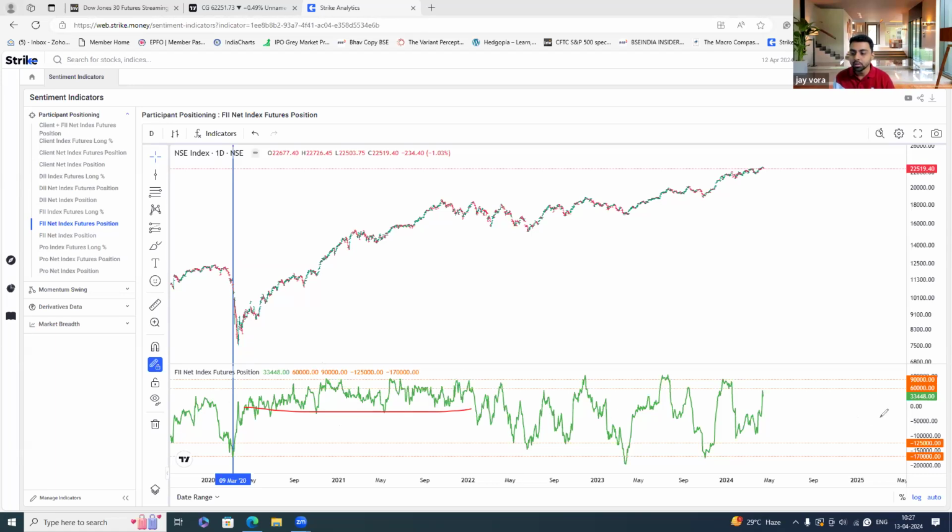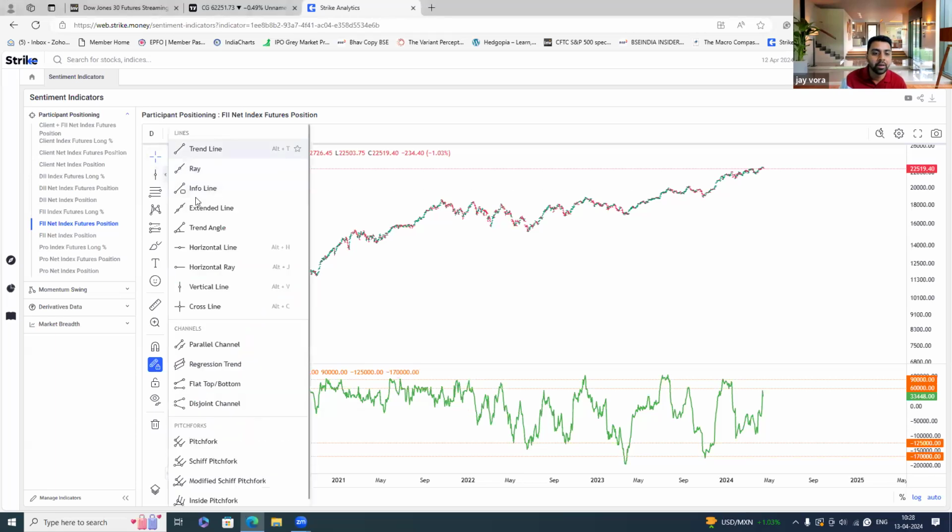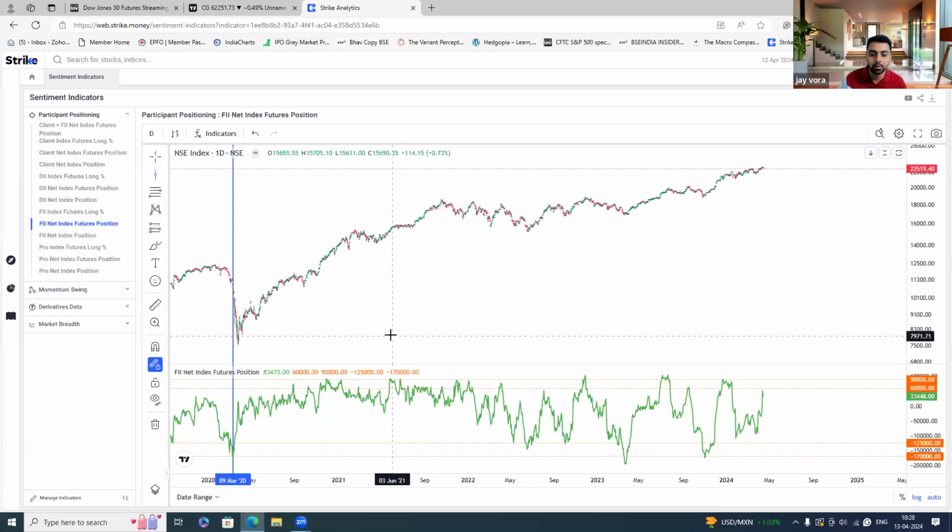So it was sort of whipsawing between net long and then turning neutral, net long and then turning neutral. And you could see over here as well that over here when it peaked,